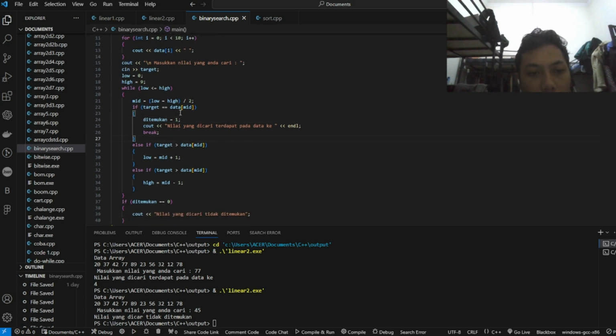But if we put the other, or I mean, if the result is not fulfilled, is not true with the if condition, it will go next into the else if with the condition target more than data mid, and will run in this formula with low is equal with mid plus 1,